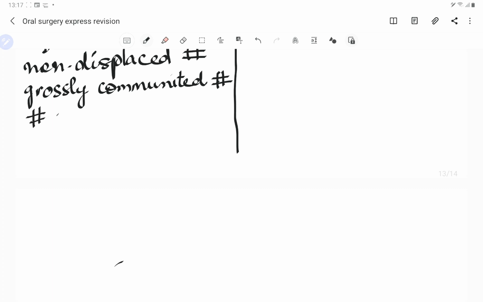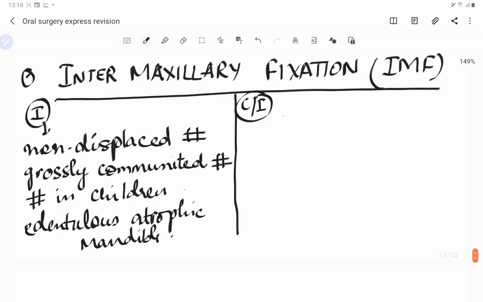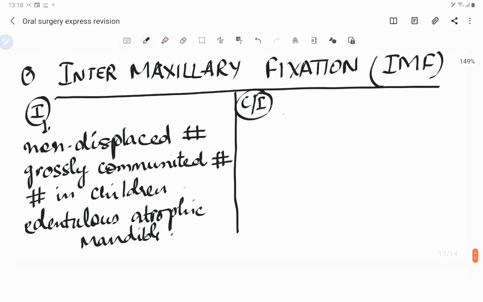Or in case of fractures in children, or in case, guys, of an edentulous atrophic mandible, because if the person is edentulous and the mandible height is very less, then we go for the intermaxillary fixation and the closed reduction. When do we not go for intermaxillary fixation? When there is a history of seizures,